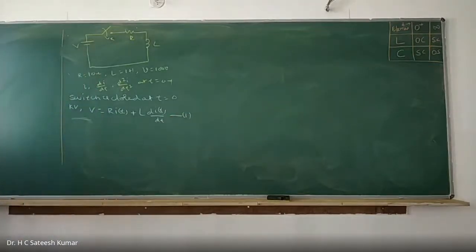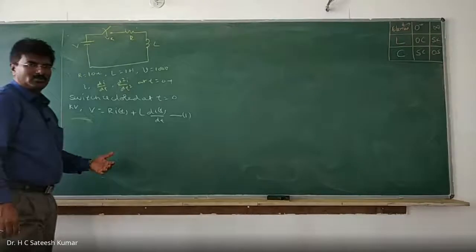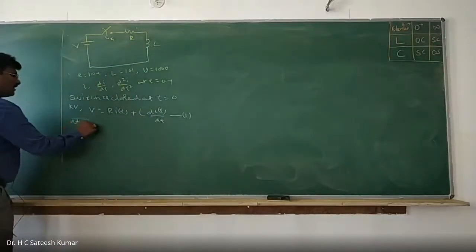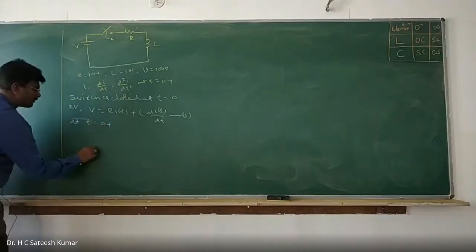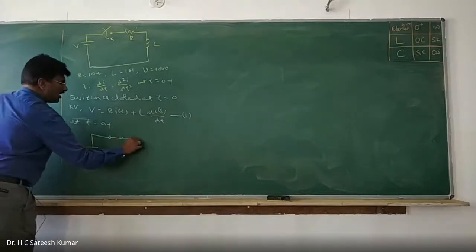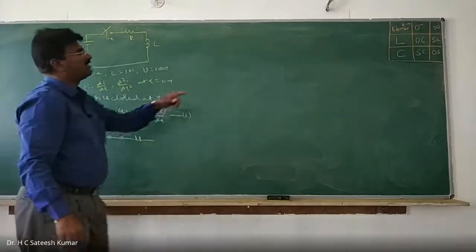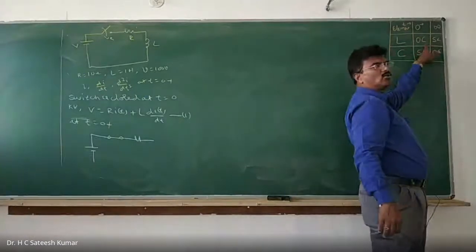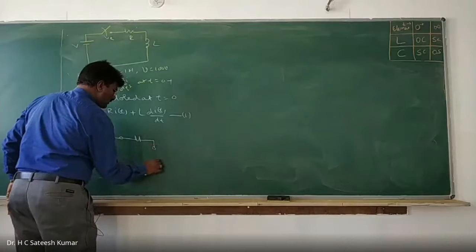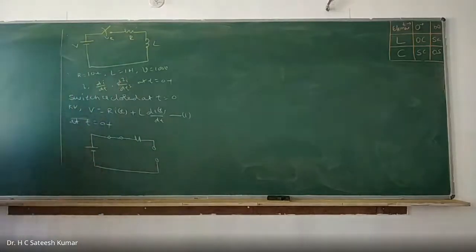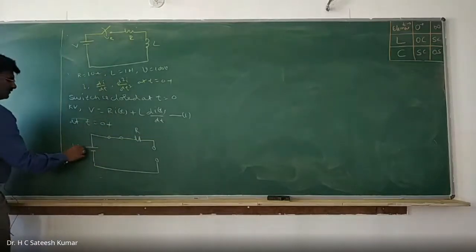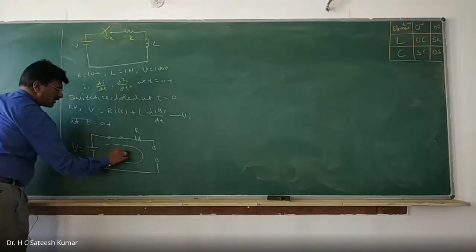Now we have to think, when I am closing the switch at t is equal to 0, what will happen at t is equal to 0 plus? Write down the circuit diagram. Switch is closed. Now I am closing the switch, and there is a resistor. What will happen to the inductor at t is equal to 0 plus? Inductor becomes what? Open circuit. So therefore, this will become open circuited. Okay, right. So this is R and this is V. So this is your i of 0 plus.